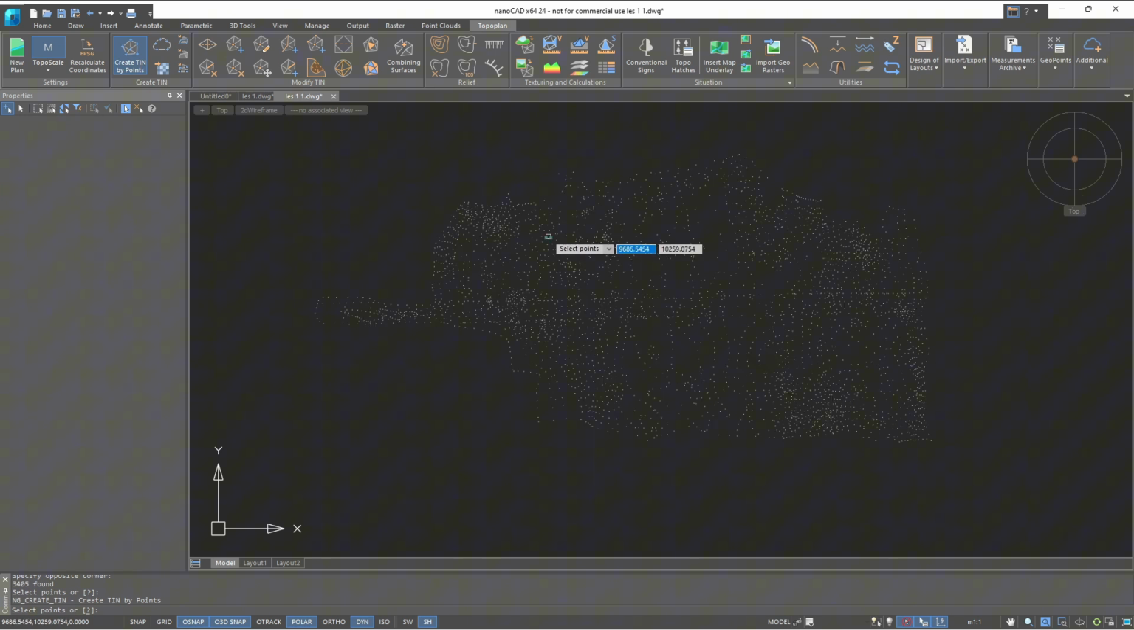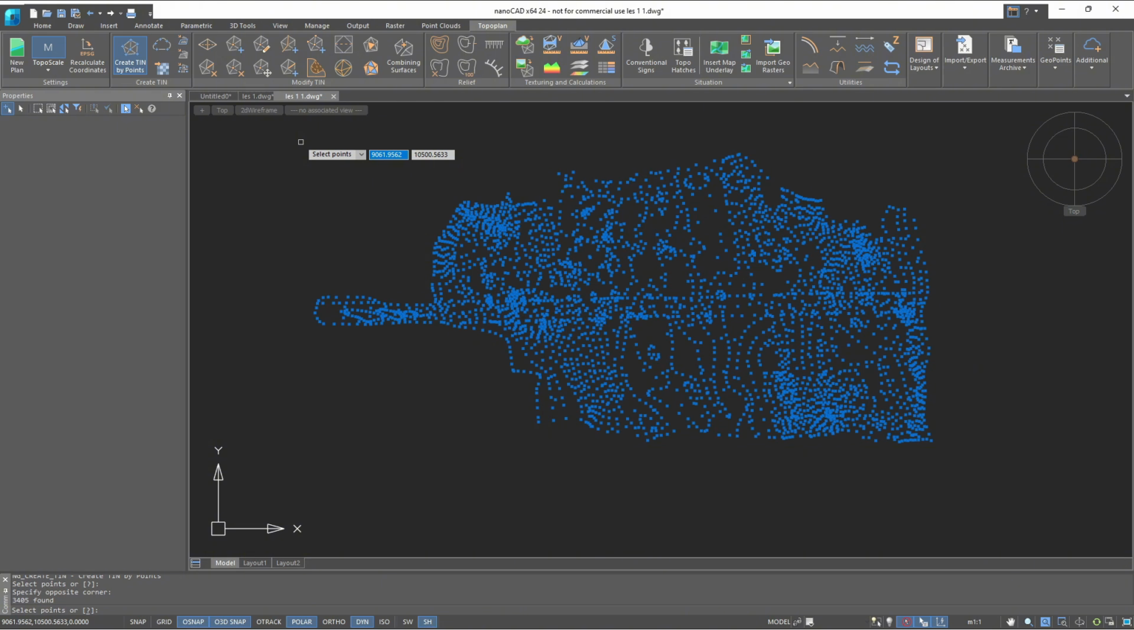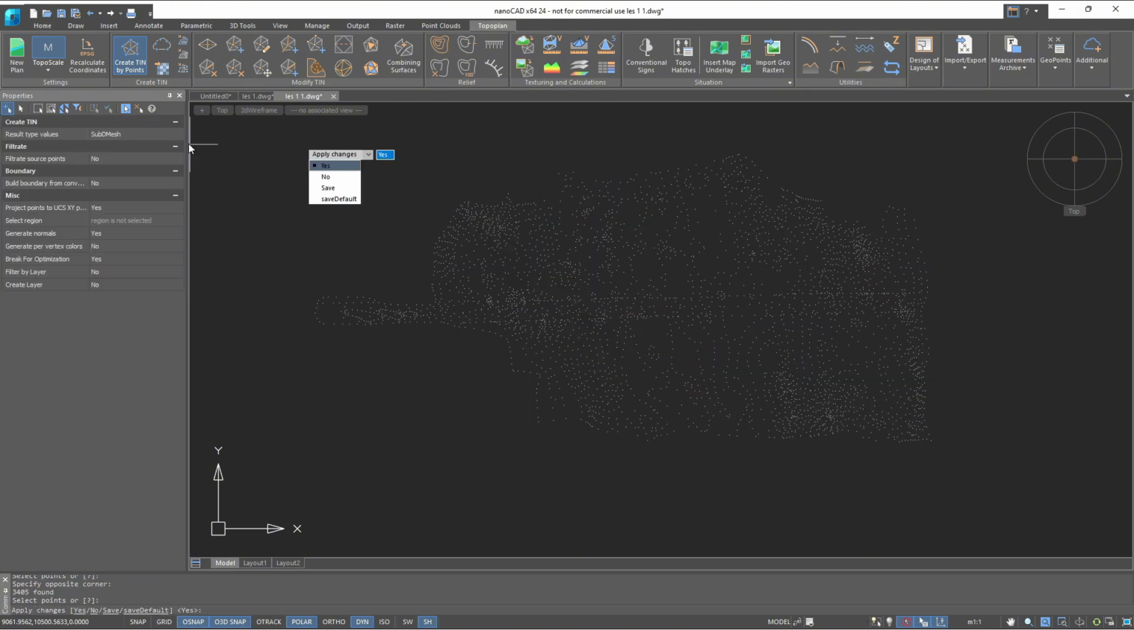The command will ask you to select the points that will be used to create the surface. Select the points using a selection box and confirm the action by pressing the Enter key. When creating the surface, set the parameters for the creation result to subdivision mesh. In the Filtrate Source Points field, select No, as data filtration is not required since the data volume is not